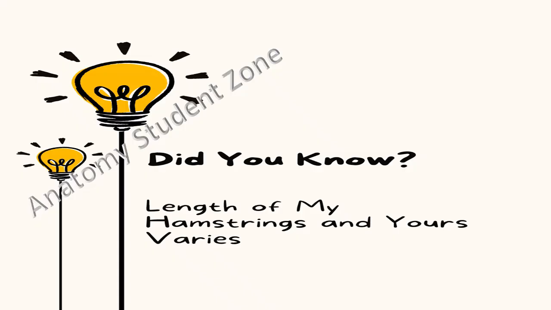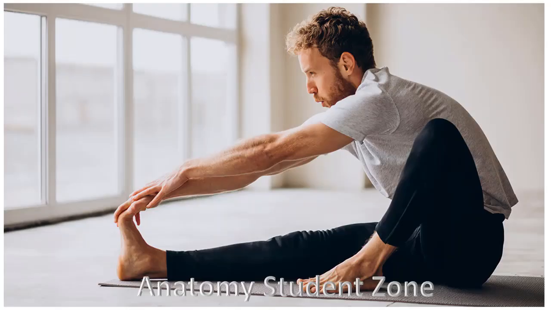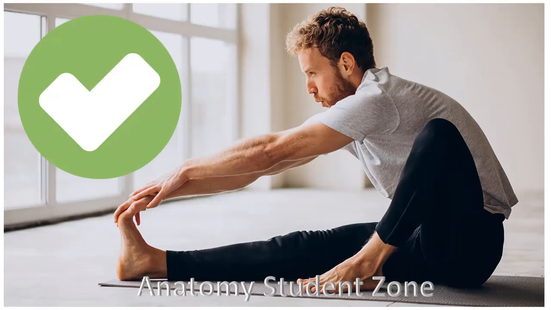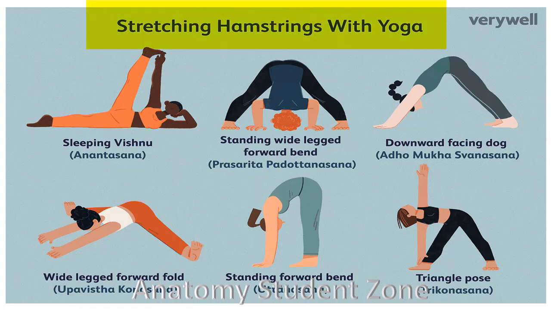The length of my hamstring and yours varies, because this is usually a matter of conditioning. In some people, the length of the hamstring is not enough to allow them to touch their toes when the knees are extended. If you are one of them and you are unable to touch your toes with the knee extended, believe me, you can lengthen your hamstring muscles. The hamstrings are the long head of biceps femoris, semimembranosus and semitendinosus. But how? By means of a routine stretch exercise, we can lengthen these muscles and tendons.